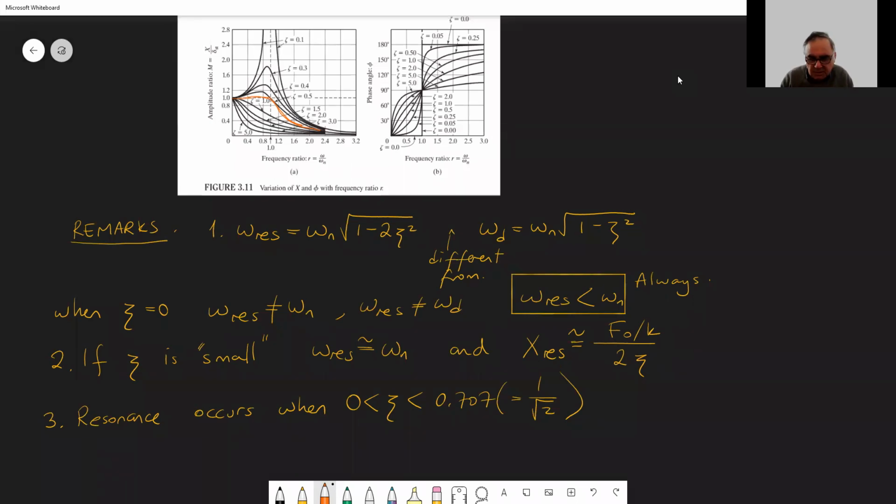Because, let me write it down, for zeta greater than or equal to 0.707, the frequency response is